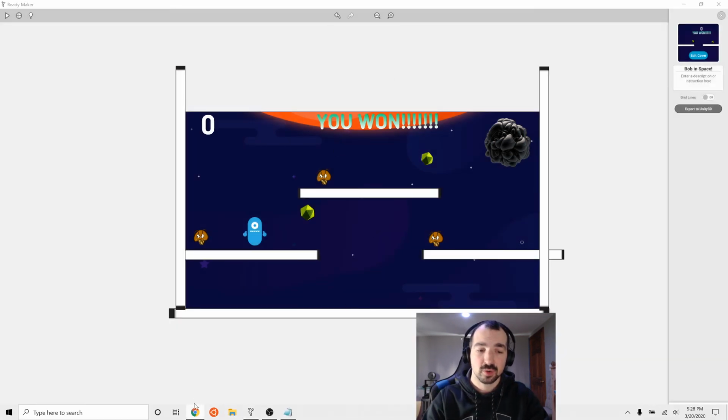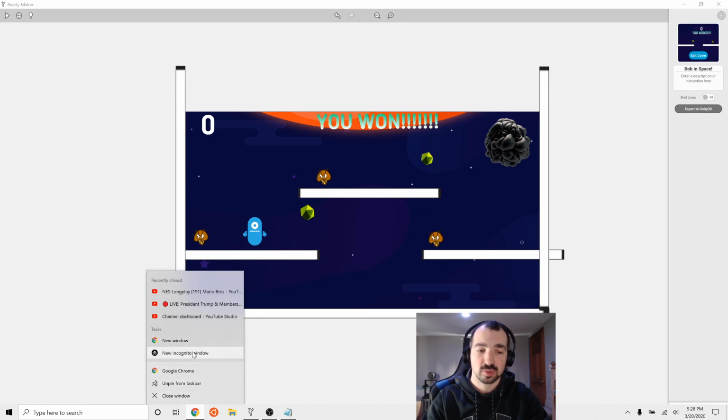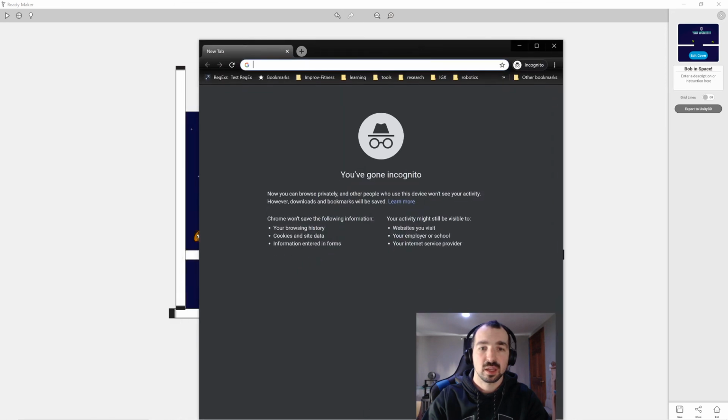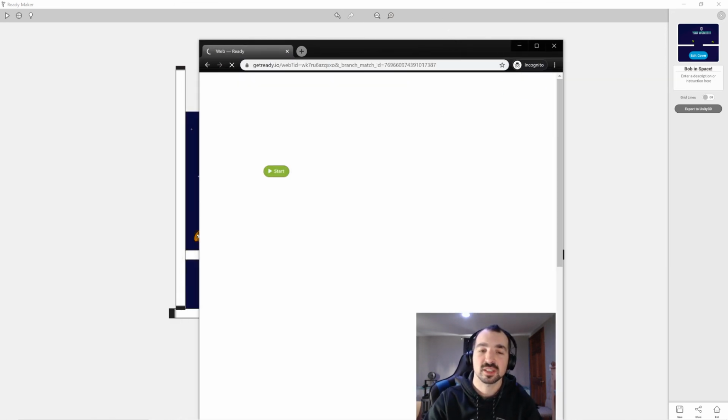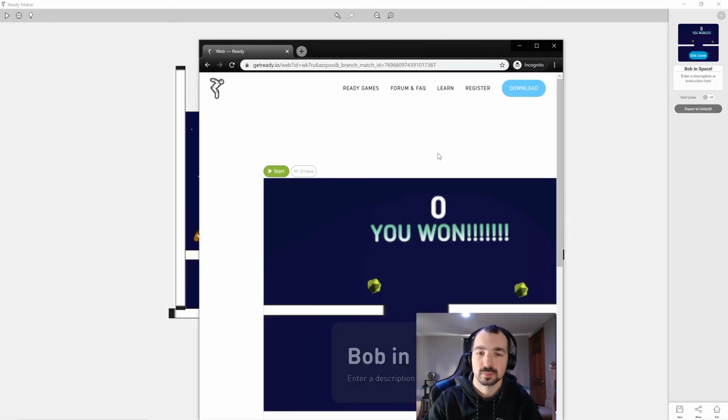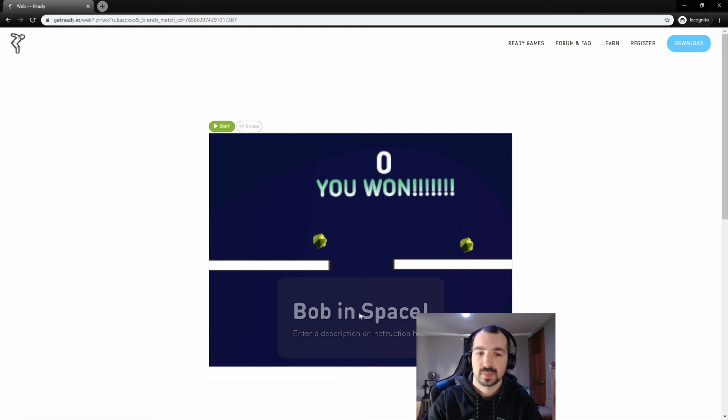If I go into any web browser and share this with any of my friends, then I can make it so that all my friends can play my game too. Hit the start button,